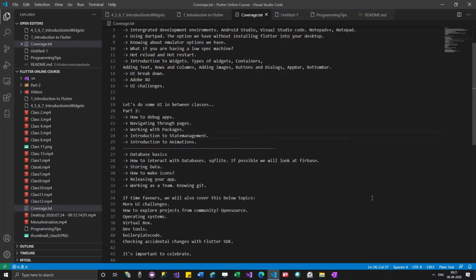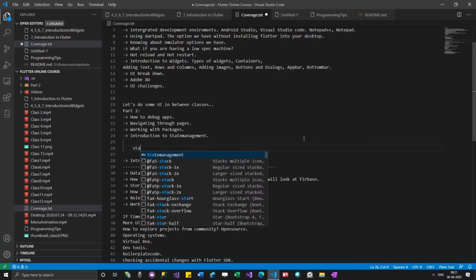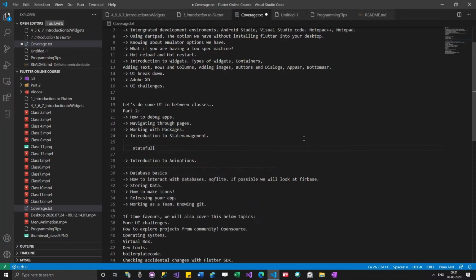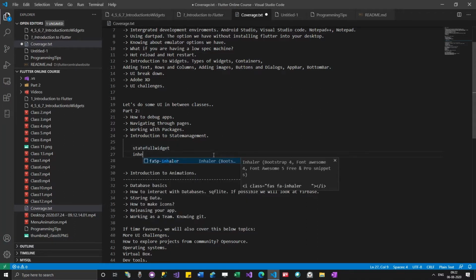When it comes to state management, the topics we are going to discuss are: stateful widget, managing state using stateful widget; next is inherited widget.